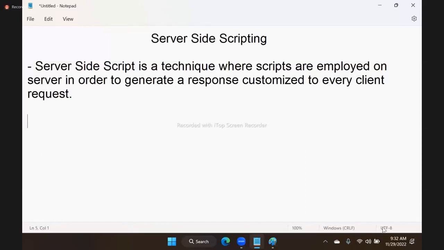That is server side scripting. That means server side scripting means a script is employed on server. Employed means, what is meaning by employed? Employee means,